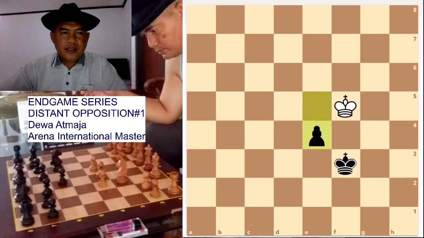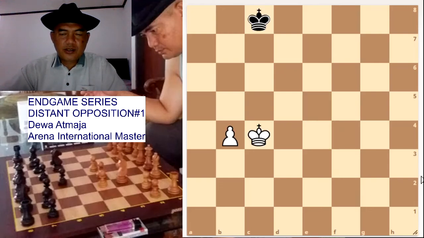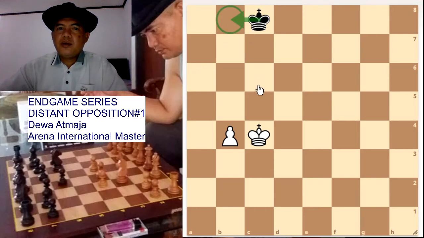We go to the next example. In this position, black is to move, and black can maintain a draw here by making the right move. The right move for black is to go to b8,